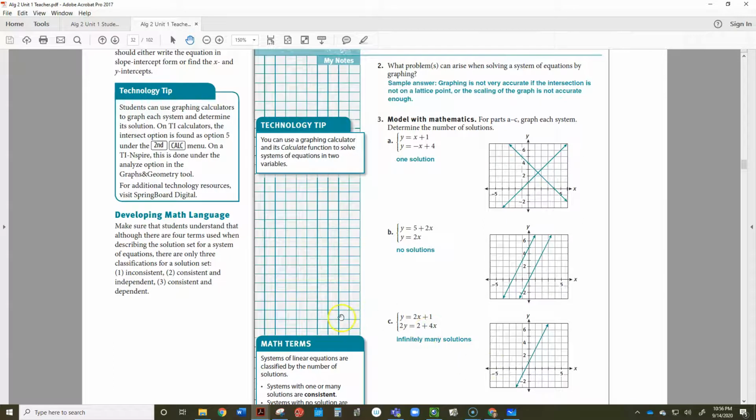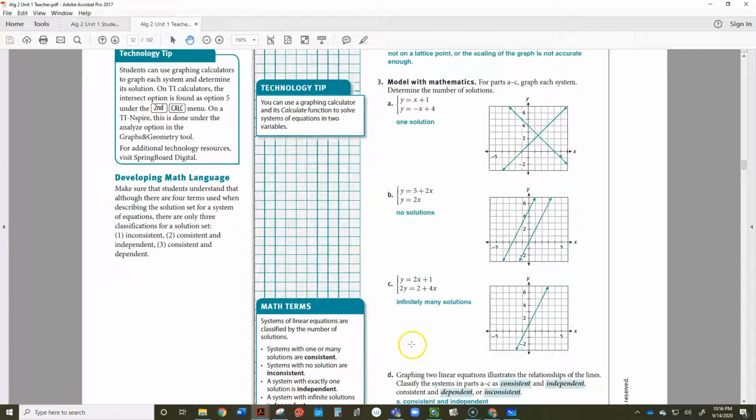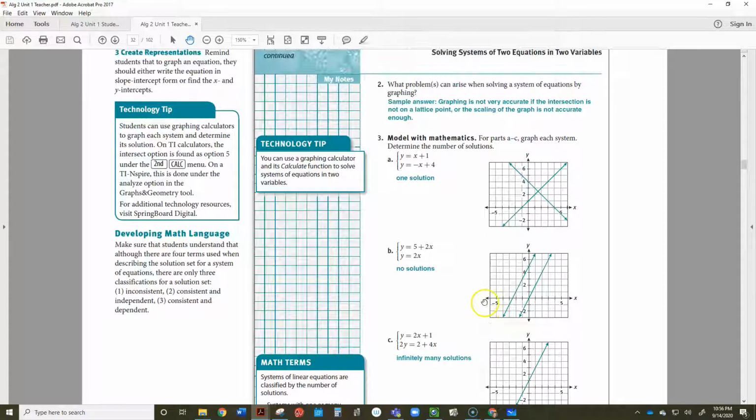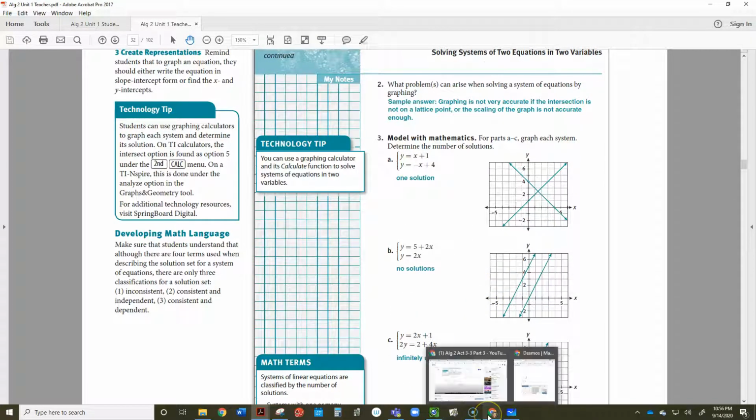I'm sure she worked those problems out and talked about the different kinds of solutions, if it's consistent or inconsistent, independent and dependent, and all that. Lots of vocabulary words for you to memorize. So